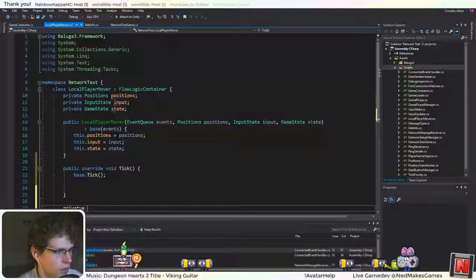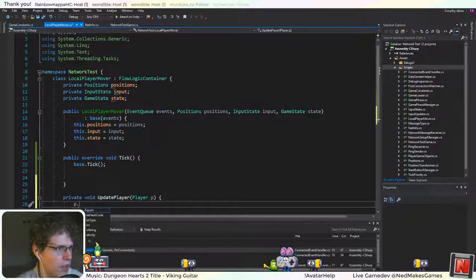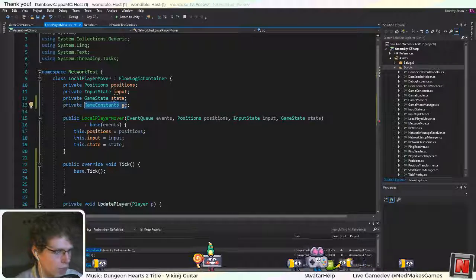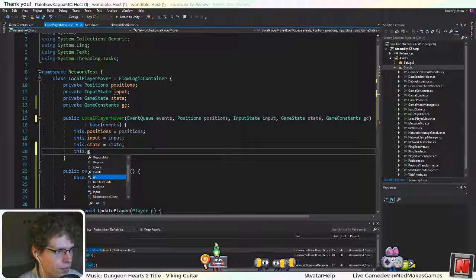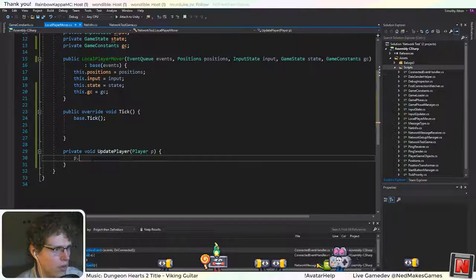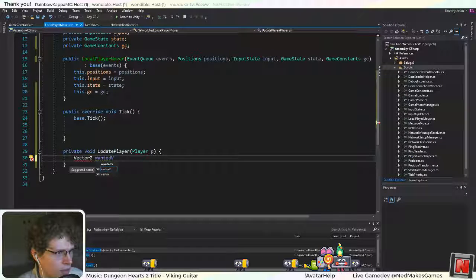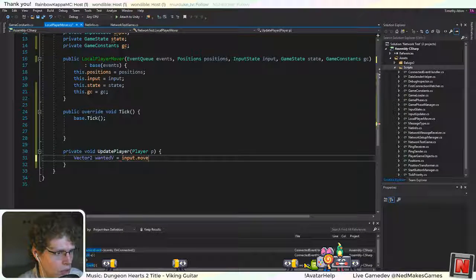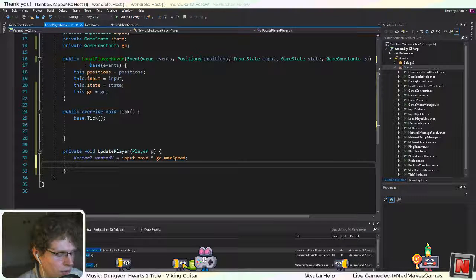Okay, so let's actually make a separate function. Void UpdatePlayer, and we'll just pass in the actual player class. Okay, and I guess we'll actually need the game constants here now. I'll go ahead and add this to the constructor because I probably will forget if I don't do it right now. Alright, so we'll have a Vector2 wantedVelocity, which is basically the input times the max speed. And then the actual velocity would be something like,